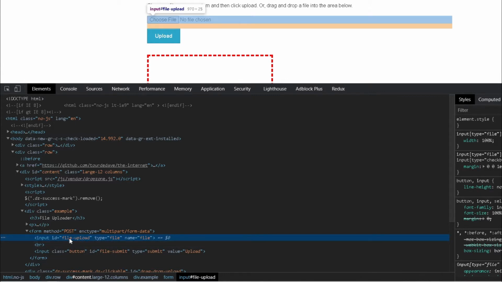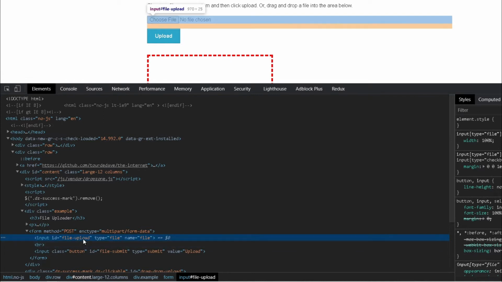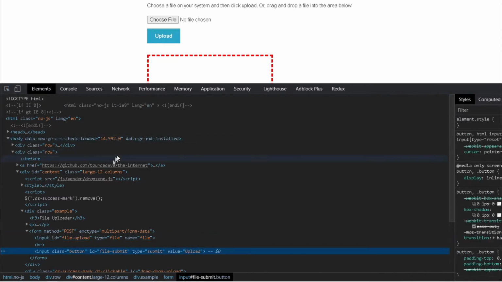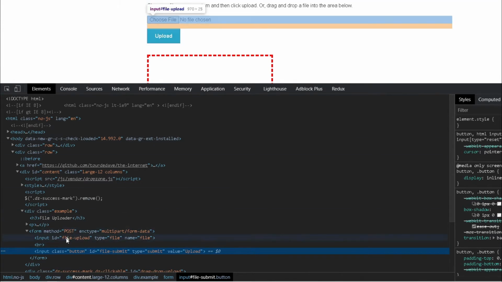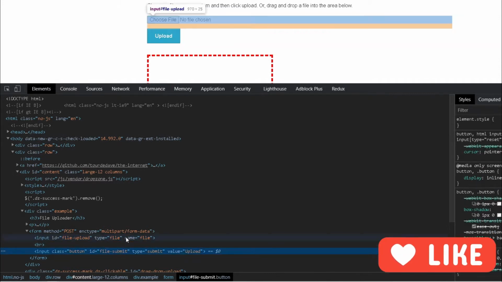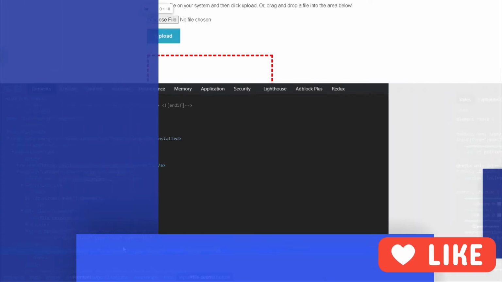So I know this is the one that I'm going to use. I have the ID already for this, which is file-upload. So we're going to use this ID for our actual selector. And the next thing we need to do is click on this upload button. So I'm already going to take a look at what that one is. This is an input class button and it has an ID of file-submit. Okay, so the first one is file-upload, which is going to be a type file. The second one is file-submit. So let's just use these and head over to PyCharm and actually implement our test.